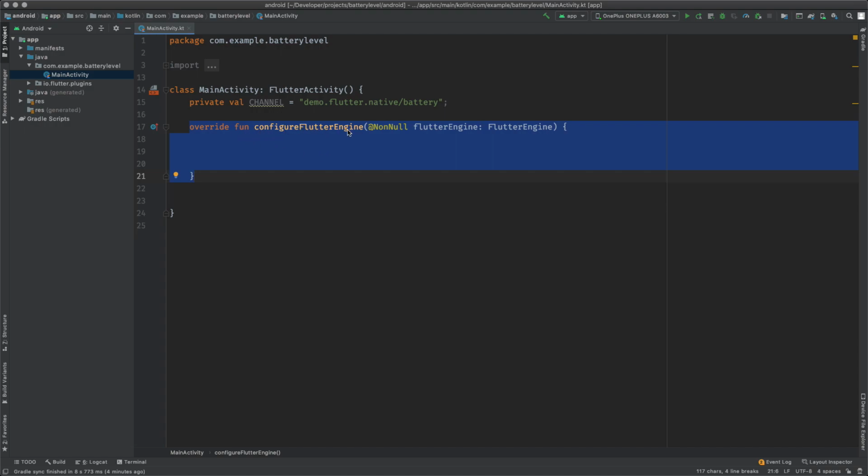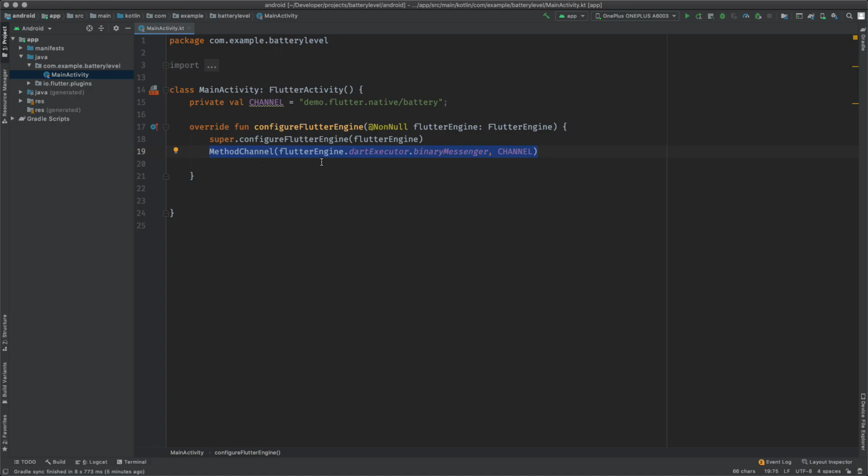We override configureFlutterEngine. This is a built-in function, and it will pass the Flutter engine as a parameter of type FlutterEngine. Now what we can do is first call configureFlutterEngine for the superclass, and then we will create a MethodChannel. The MethodChannel will take the Flutter engine's dartExecutor binaryMessenger, and then we will pass the channel to it. And this method can also call setMethodCallHandler, so it has a call and a result as parameters in that function,